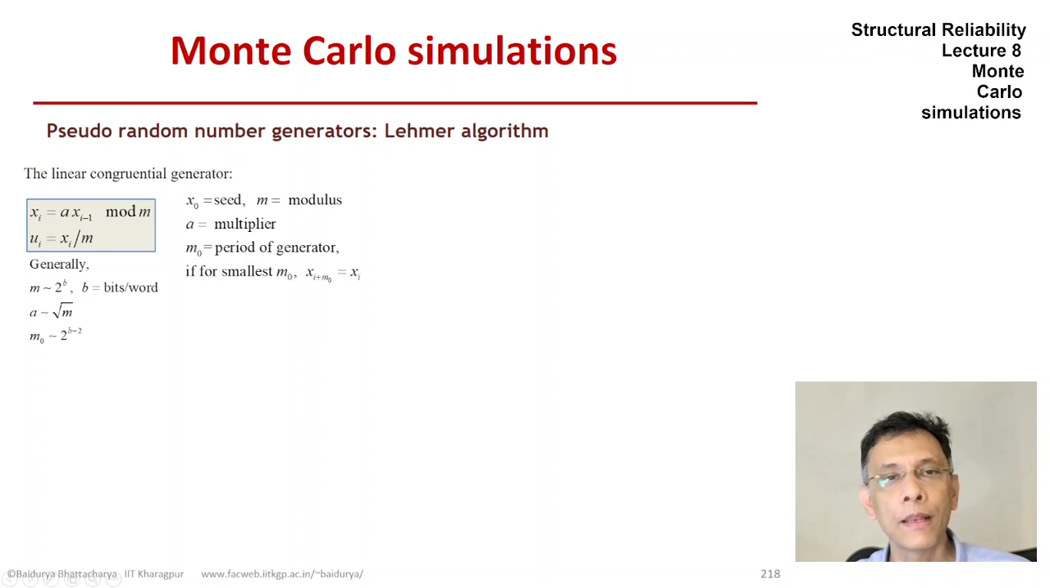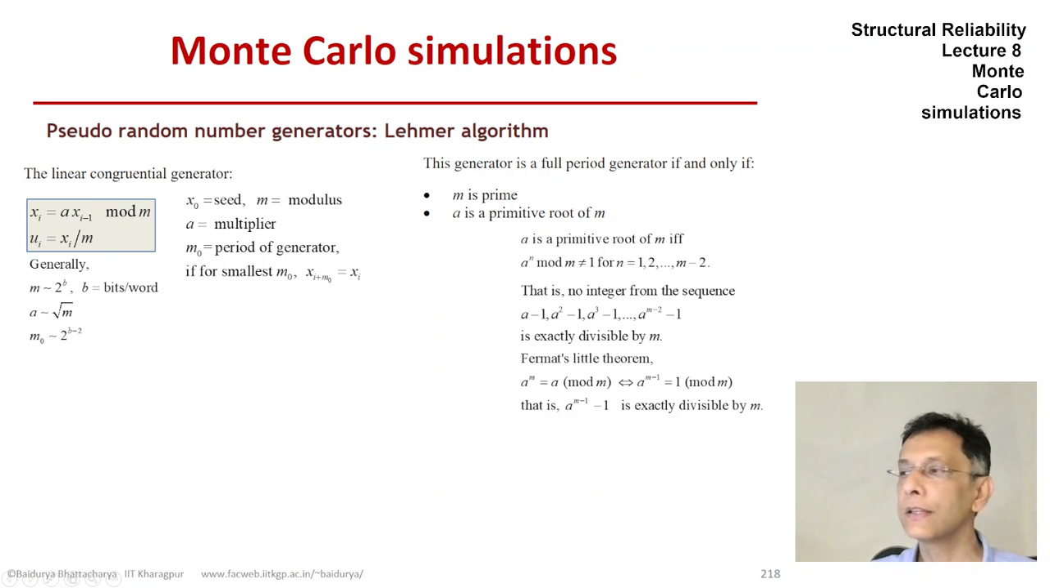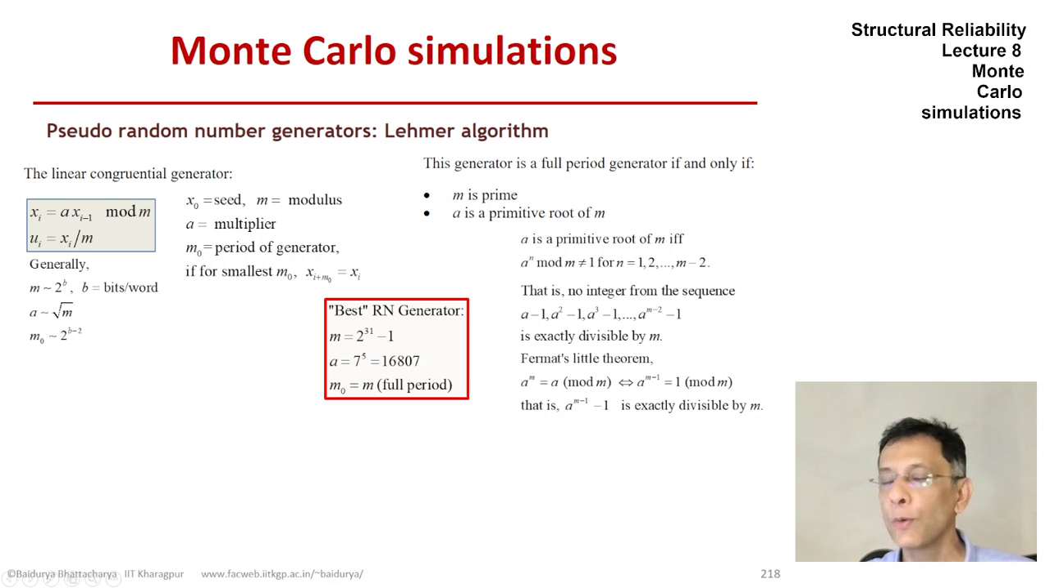the numbers m and a are typically chosen depending on the word size of the machine, and it's found that this generator is a full period generator only if the modulus is a prime number and a is a primitive root of m. Now this generator has been studied extensively, and the best